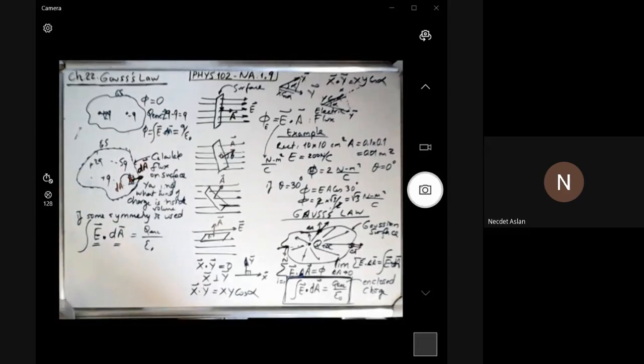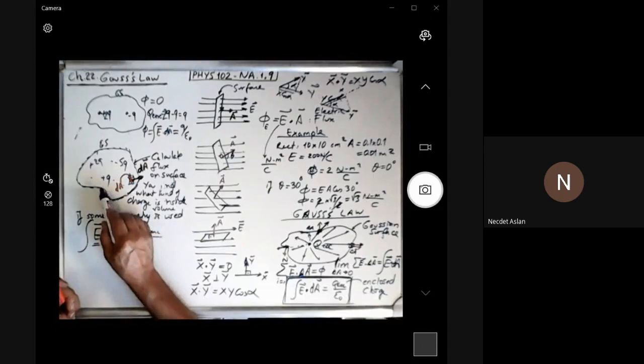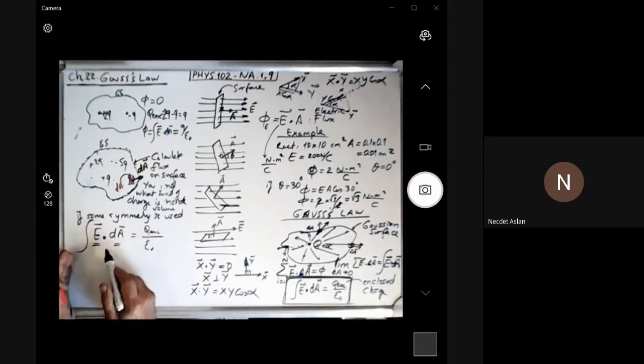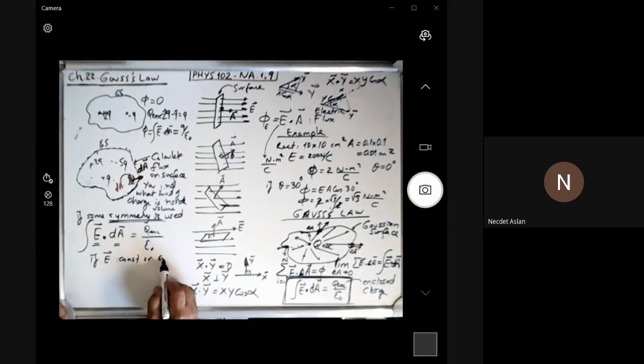So now, if you know the electric field and if you know the area, you just dot multiply and add from all the surfaces, all these contributions, little by little, and then you come up with this q enclosed over epsilon 0. Now, if you can catch some symmetry, if the field is constant on the Gaussian surface, specifically selected,